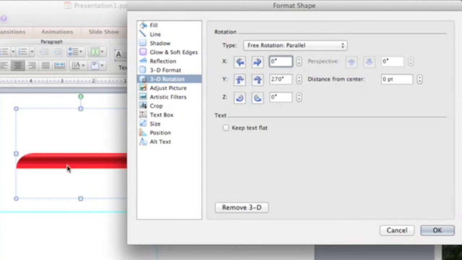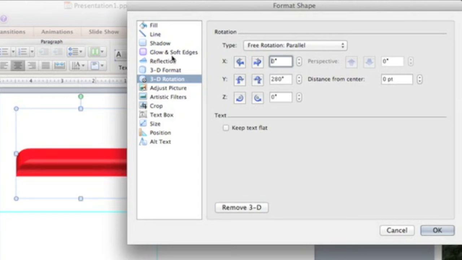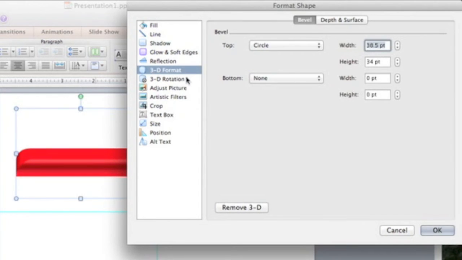There are a lot of times that you can do really cool stuff with this. It's just taking the time to play with it and get it where you want it and get it to what you want it to look like. Sometimes you don't even know what you're looking for, and just by playing around with some stuff you can find it. Now I'm going to leave it on that edge, go back to 3D format, and on the bottom,